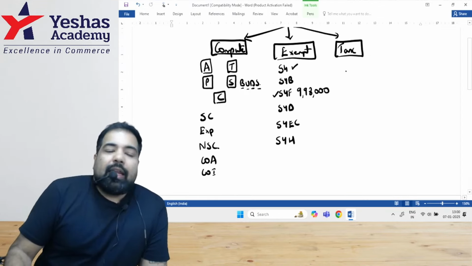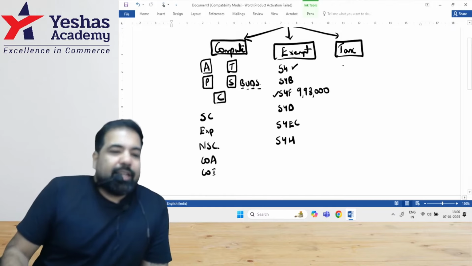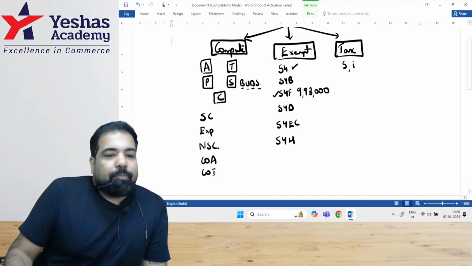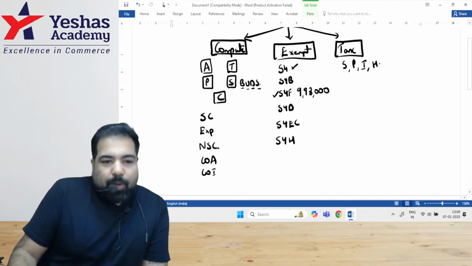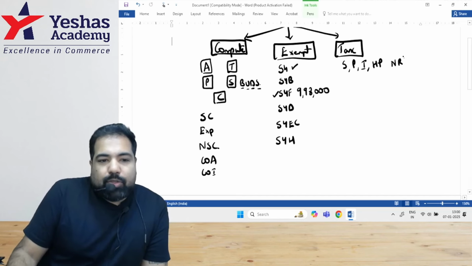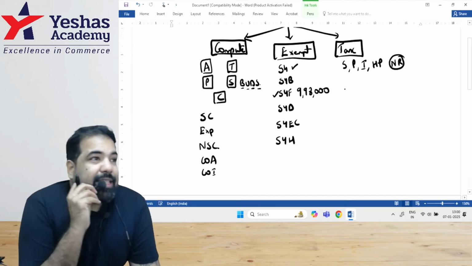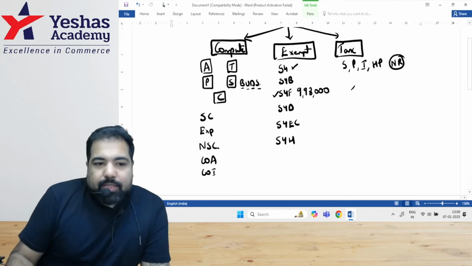Government. Now tax. Guys, generally all incomes like salary, PGBP, IFOS, house property are taxed at normal rates. Which rates, guys? But guys, capital gain has 2 special rates. First shortcut,